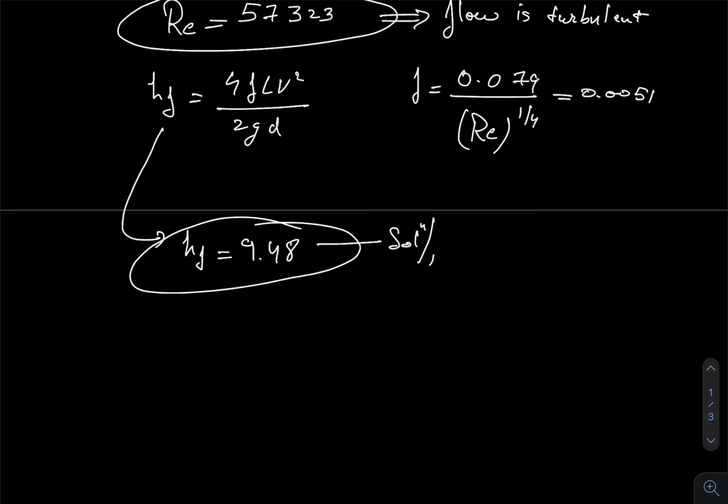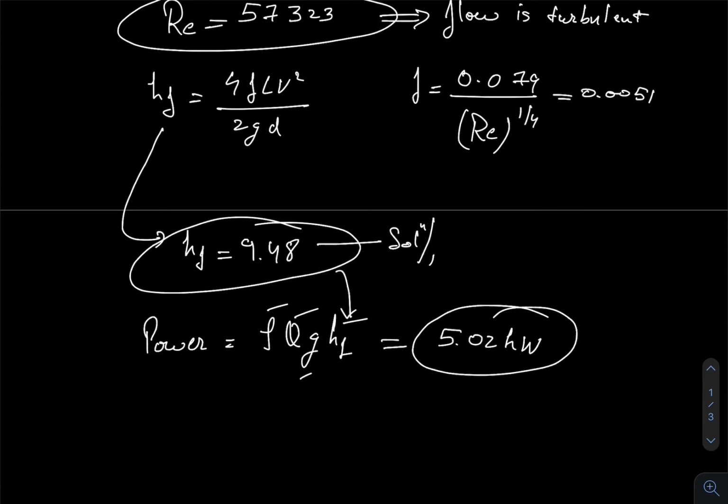And how do we calculate the power? We have already done two numericals to calculate the power to maintain the flow. Power is equal to rho, density, into flow rate into acceleration due to gravity into head loss due to friction. I have the value of density, the flow rate, acceleration due to gravity I know is 9.81, and head loss due to friction I have already calculated. I will put all the values in the equation of power and it will be equal to 5.02 kilowatt. This is my answer 2.